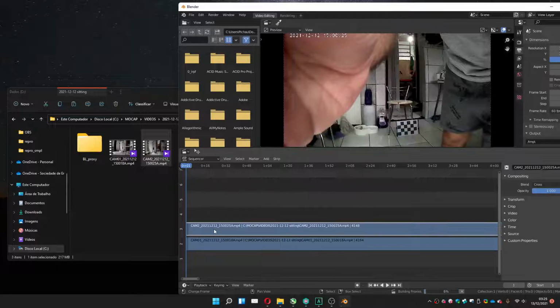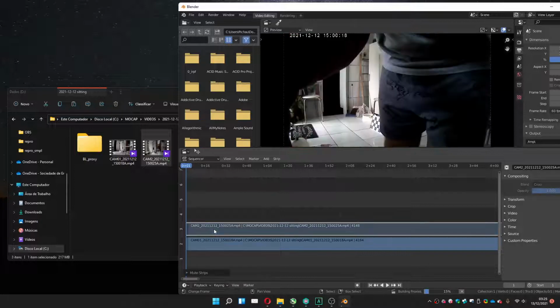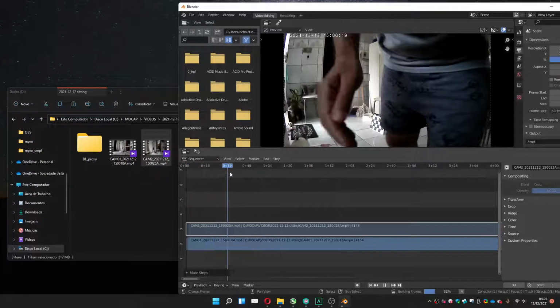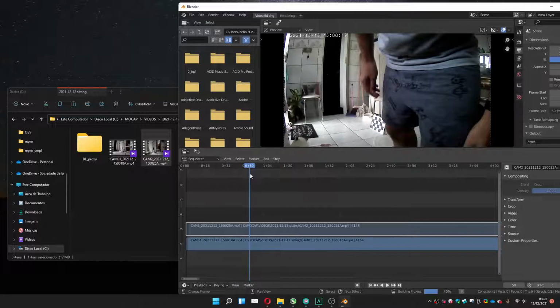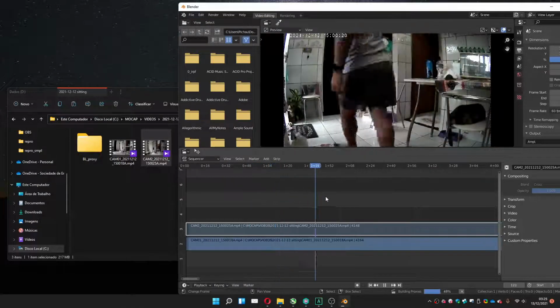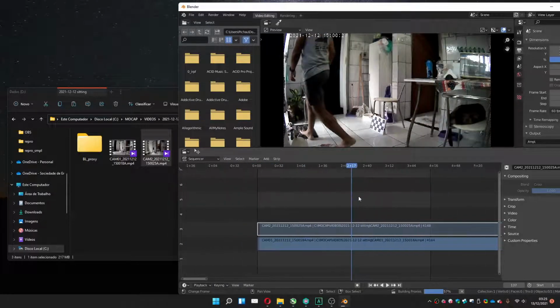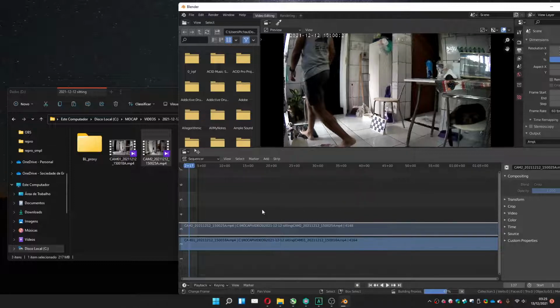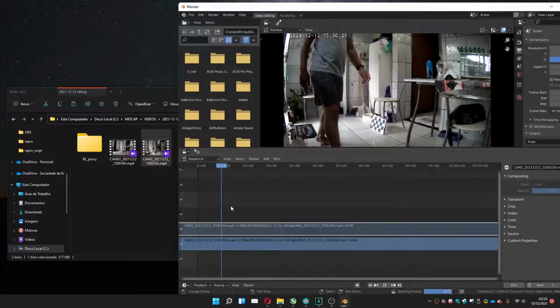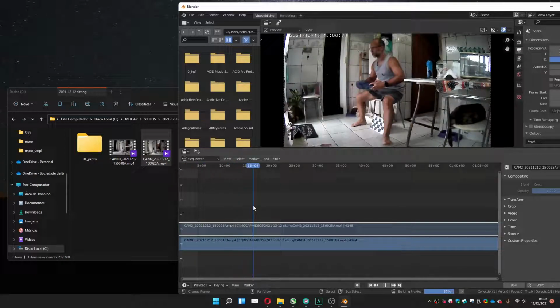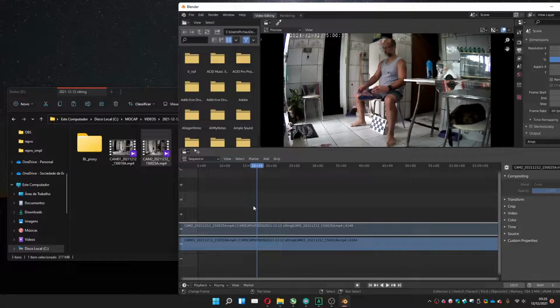What I do is select the second camera. I'm gonna hide it because I want to find a place in the first camera where I can use to sync them. Usually I do some sort of releasing shoes to make the sync like this. You can see here I pick up my shoe, and at this point